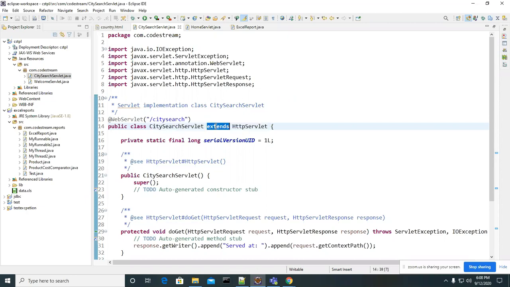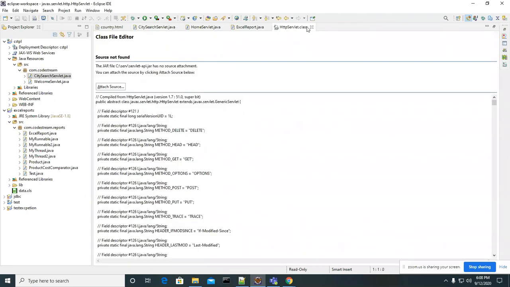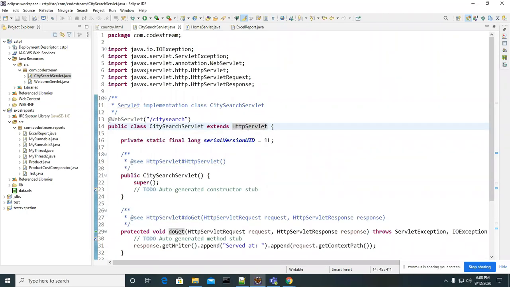Okay, come to this point here. What I am doing here is extending. This is a class, and this is also a class, not an interface, right? I am extending HttpServlet, which is part of javax.servlet.http.HttpServlet, because everything runs on the HTTP protocol.